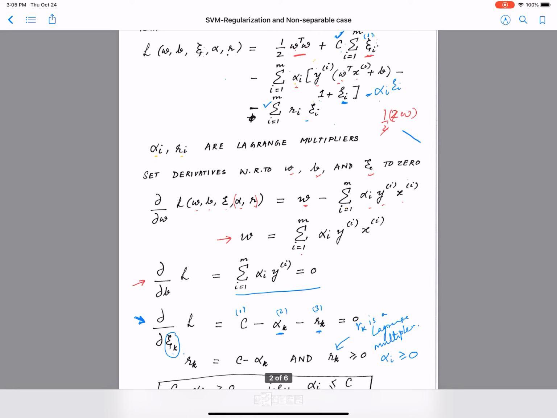When we make the derivations and also include this psi I, we get another constraint on the Lagrange multiplier alpha, which bounds it between 0 and capital C, which is the coefficient of the sum of the slack that we added to our